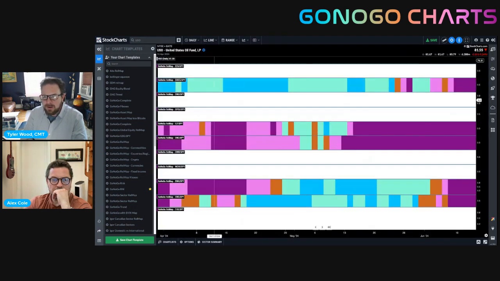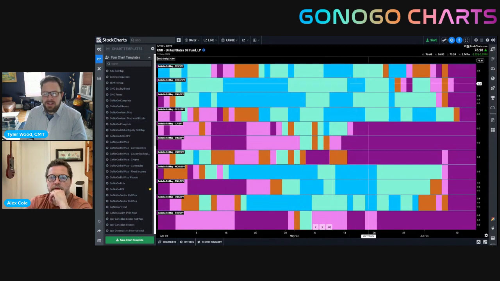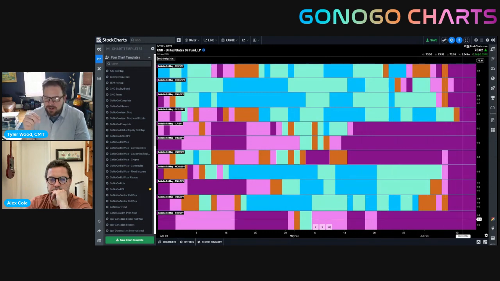There have been some pretty amazing breakouts in Japan. We've seen a lot of strength in India. We've seen periods of strength in Europe and the UK. This heat map is a relative strength heat map. So we're looking at the trend conditions of the ratios. Each panel is a ratio of another country relative to the United States.